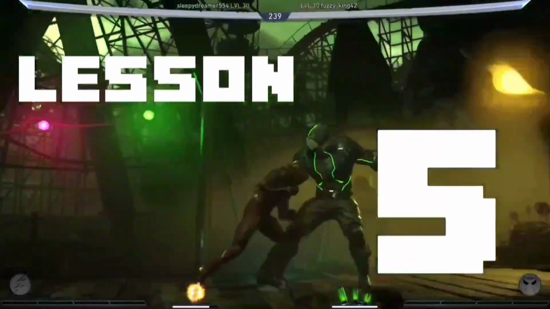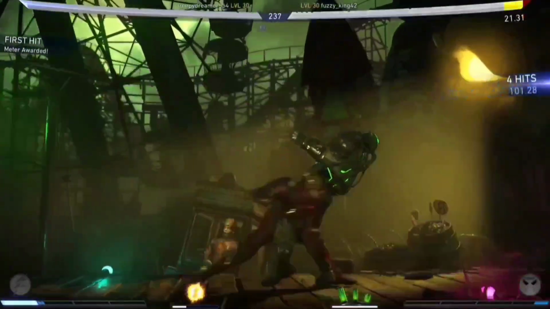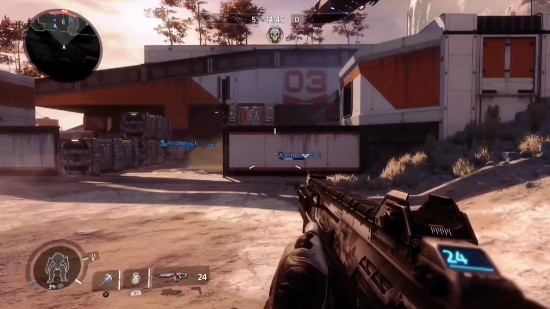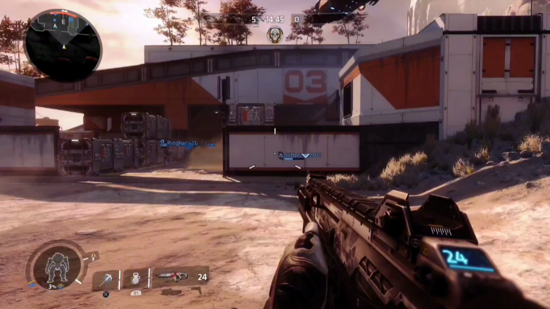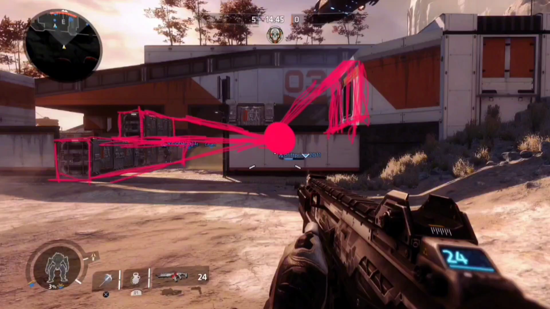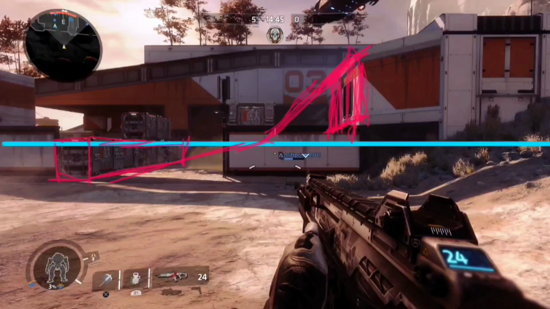Lesson 5. How to find the horizon line. To find the horizon line, you must find an object in your reference with length or width, and trace the top and bottom length or width of your object to find the vanishing point to find the horizon line. Like in this image where you can see me trace this